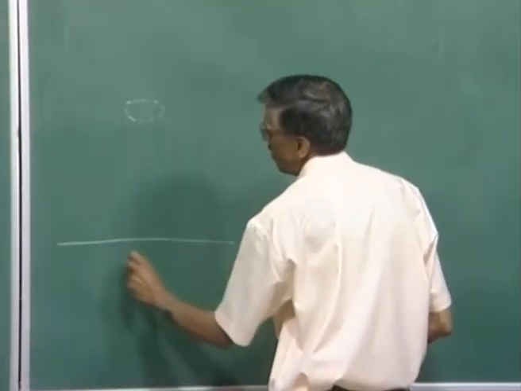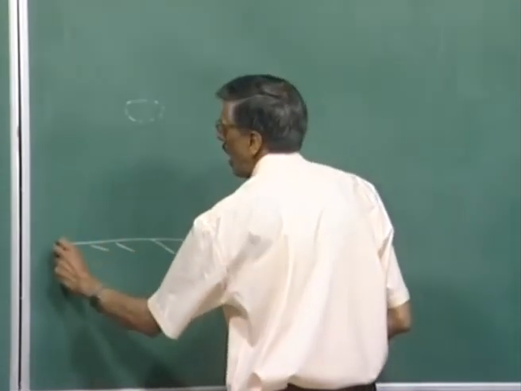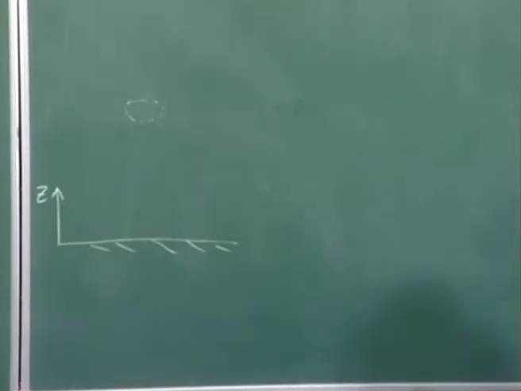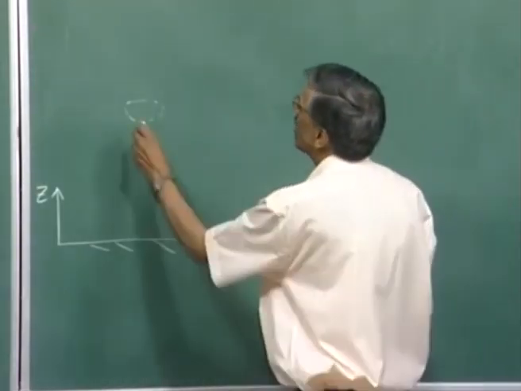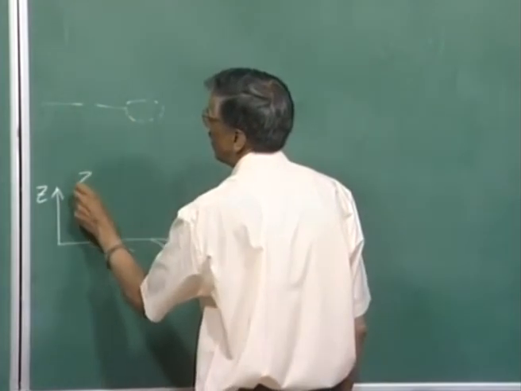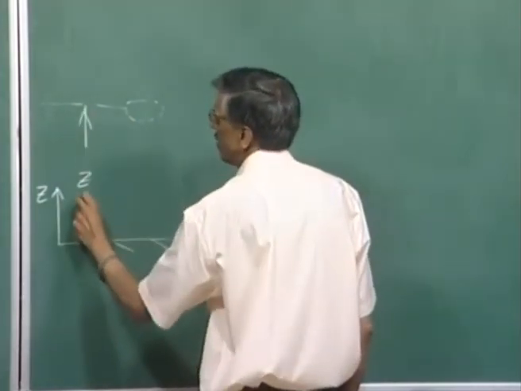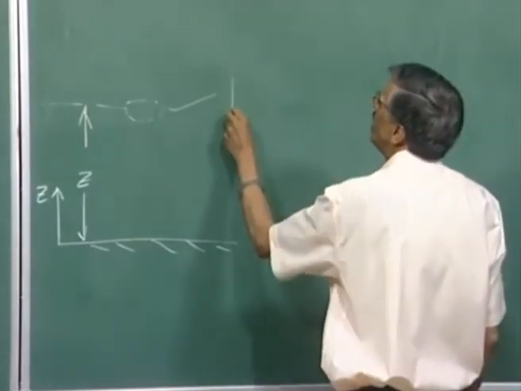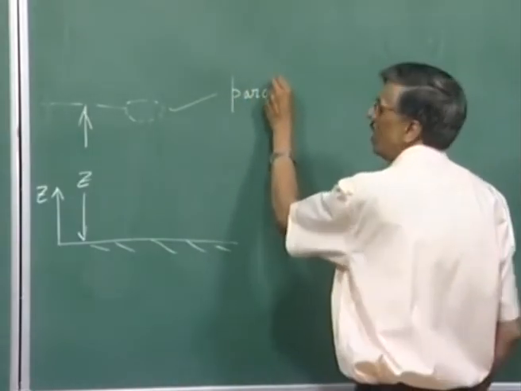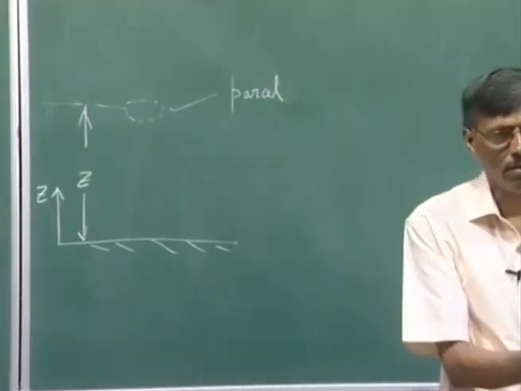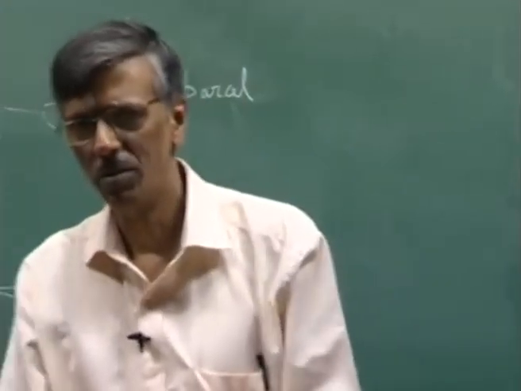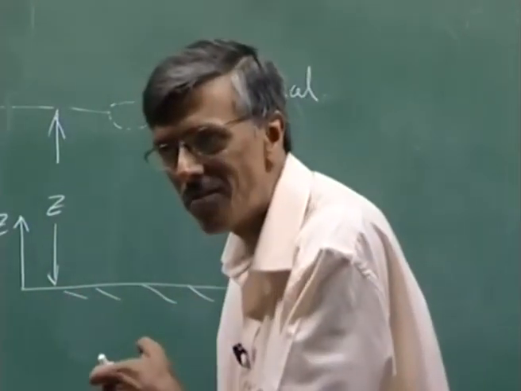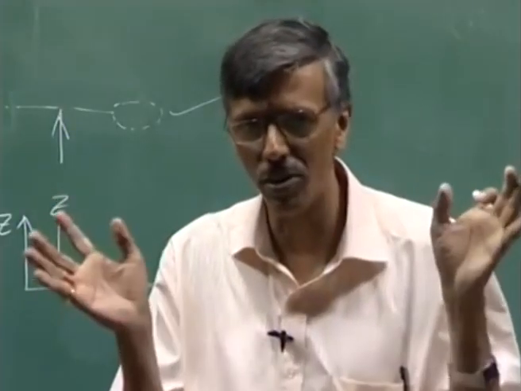And then what happens is, let us say we fix a datum here and we fix a z axis perpendicular to this datum, and let us say this is at a height z. What is this? This is a parcel of air. Say somehow we take a small sample of air and color it, so the properties remain the same as the ambience. So, it is an equilibrium state. This parcel is there at an equilibrium state.